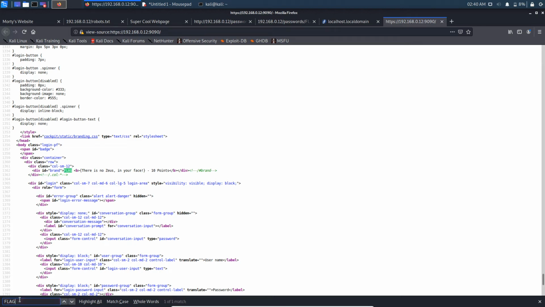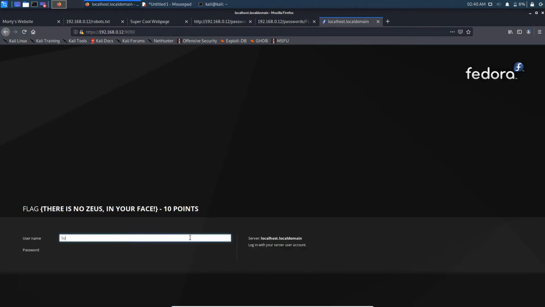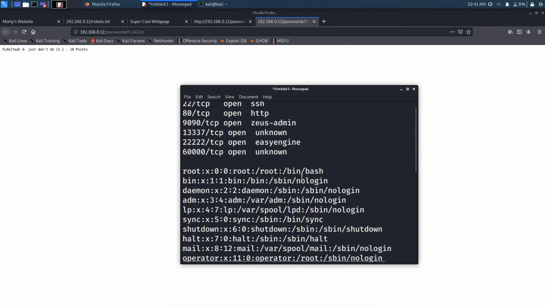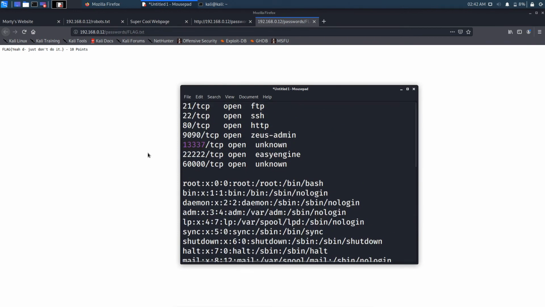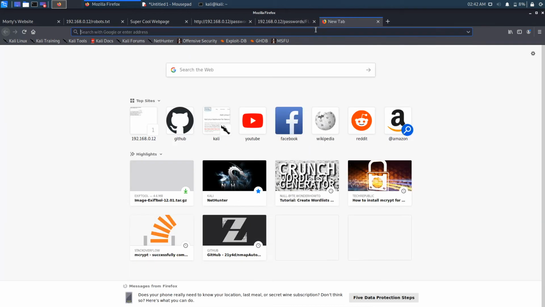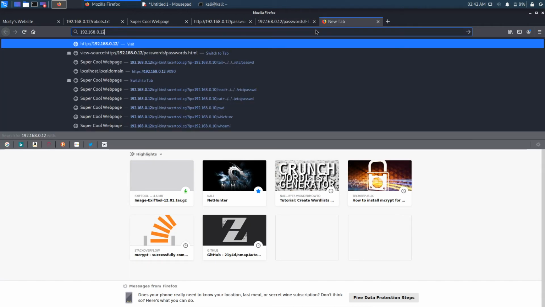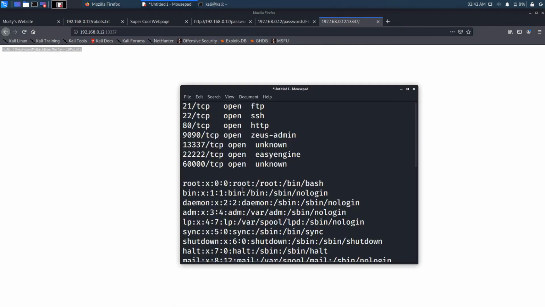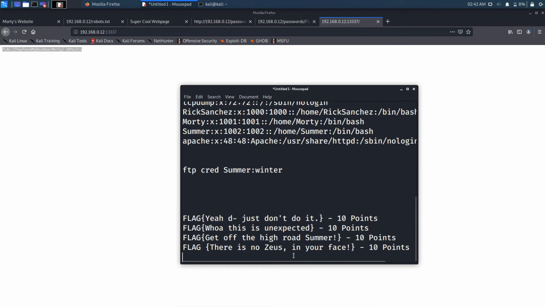Flag dot. Okay, so there's only a flag here. Cool. So let's say username. Let's enter summer. Admin. Let's move on to another port, which is 1337. Wow, they found my backdoor Morty. So that's great. Each port has something